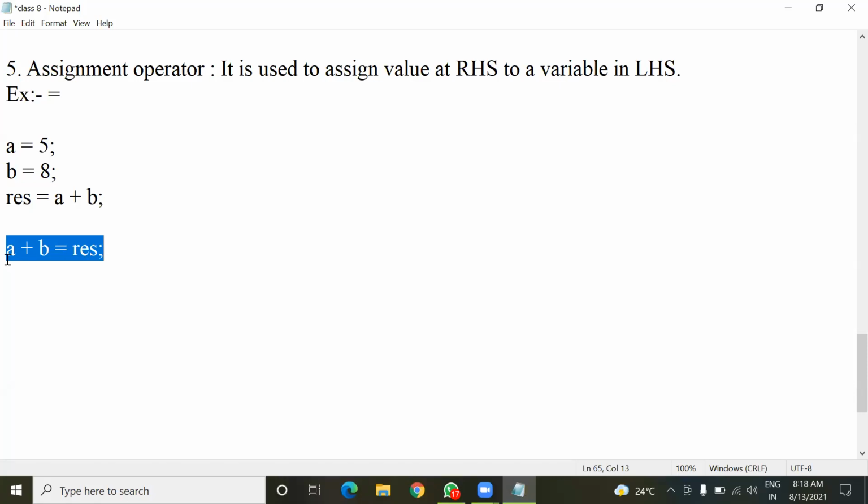In verification problems or in algebraic linear equations also, to find the value of any variable. But this technique will not be followed in programming. This will be written like this only, not like this. So it is incorrect.